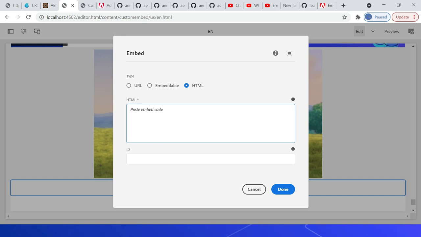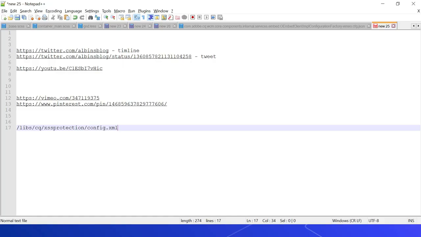You can also add free form HTML to your page using the embed component. The HTML markup is filtered for security purposes to avoid cross-site scripting. In general, all script and style elements will be removed from the output. The embed component follows AEM's global HTML anti-samy filtering rule set located in /libs/cq/xssprotection/config.xml. The rules can be overridden if required.